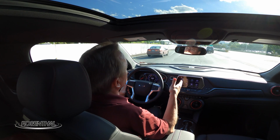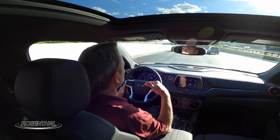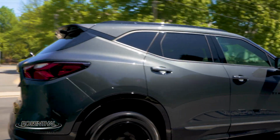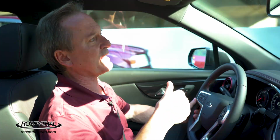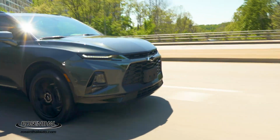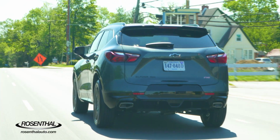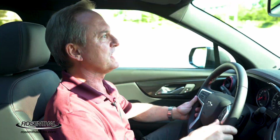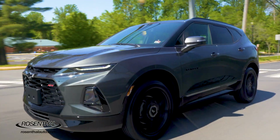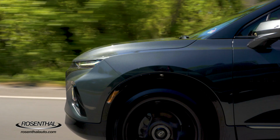Oh, and speaking of safety, you have your usual array of safety features. As the trim level goes up, you get more of them. Your lane keep assist, your adaptive cruise control, blind spot detection like you see right there, backup camera, cross traffic sensor, four-wheel ABS, traction control, electronic brake force distribution, all that wonderful stuff. I've always been impressed with the automotive technology that's been enhancing the vehicle's performance and our safety year after year